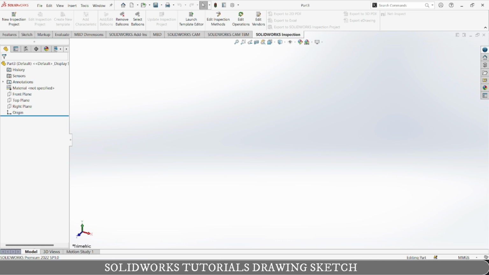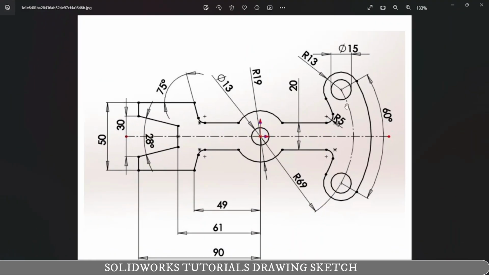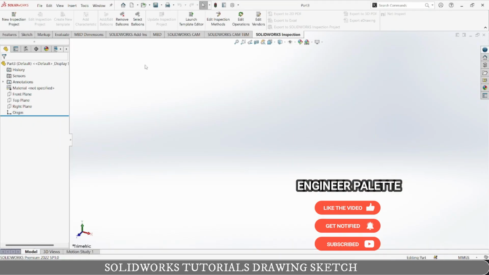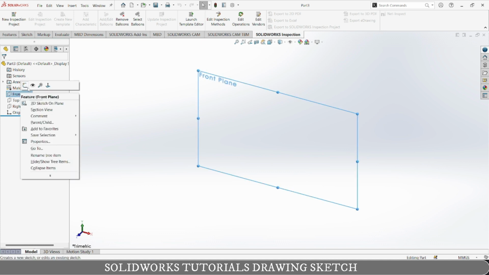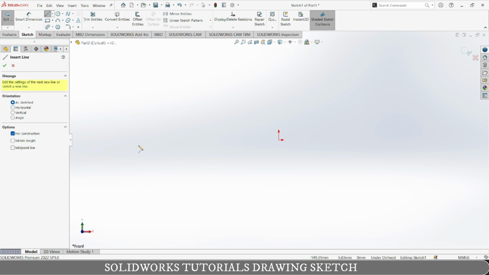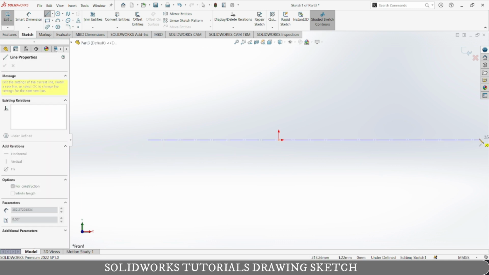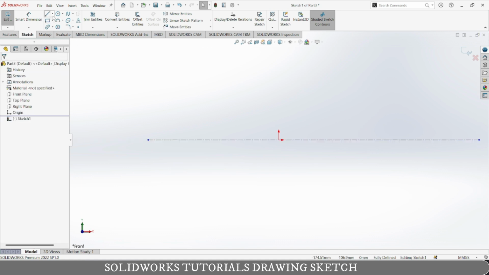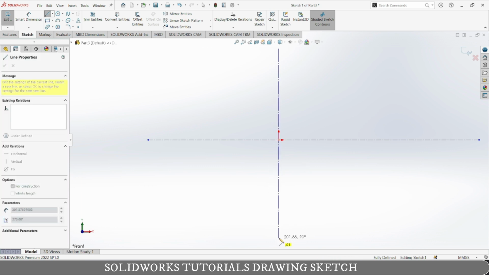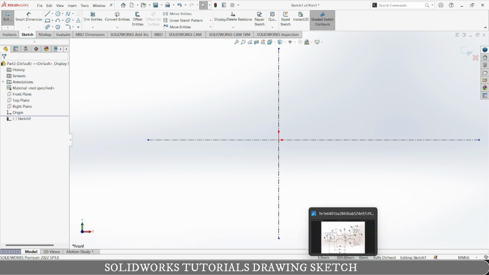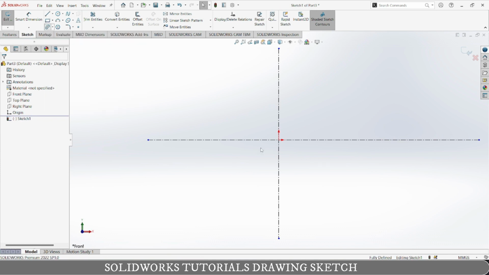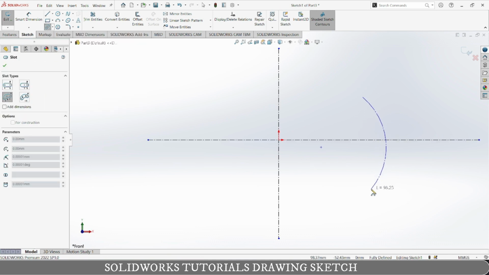So today we'll be creating this 2D sketch, 2D drawing. We'll be covering almost all the tools that we have studied and some new tools that we haven't studied, we'll look at in this video. Okay, but before creating your sketch, whenever you create your 2D sketch or 2D drawing, these reference lines are very important. They assist you a lot when you're creating your 2D drawings. Okay, now first draw it roughly, then we'll add dimensions to them,